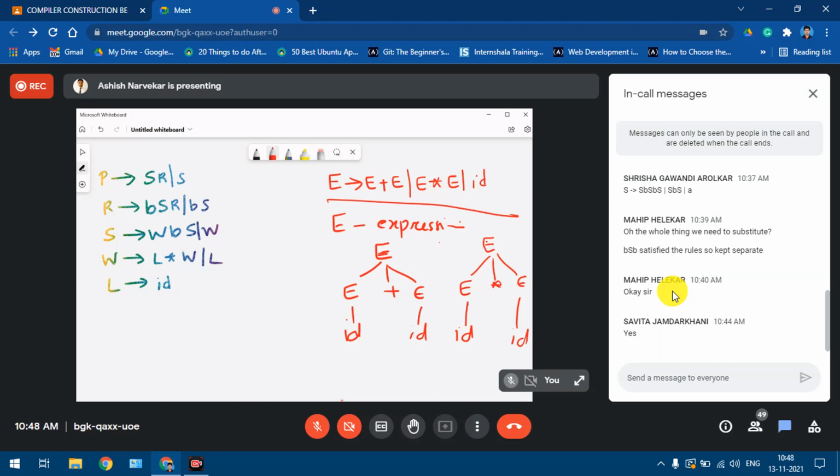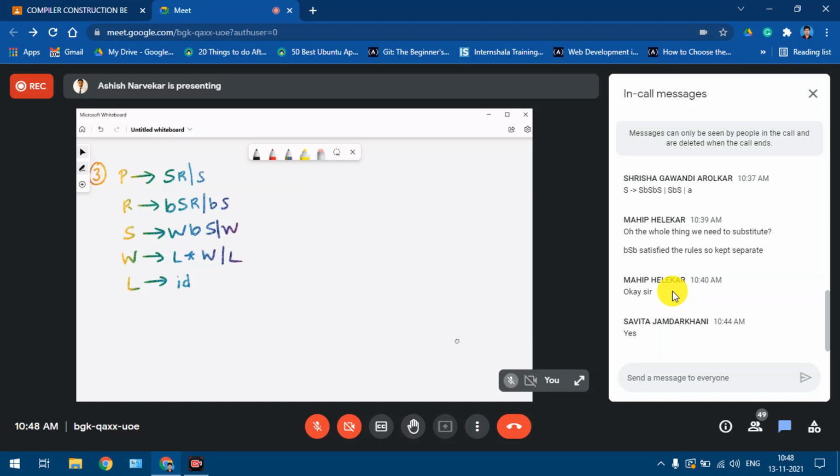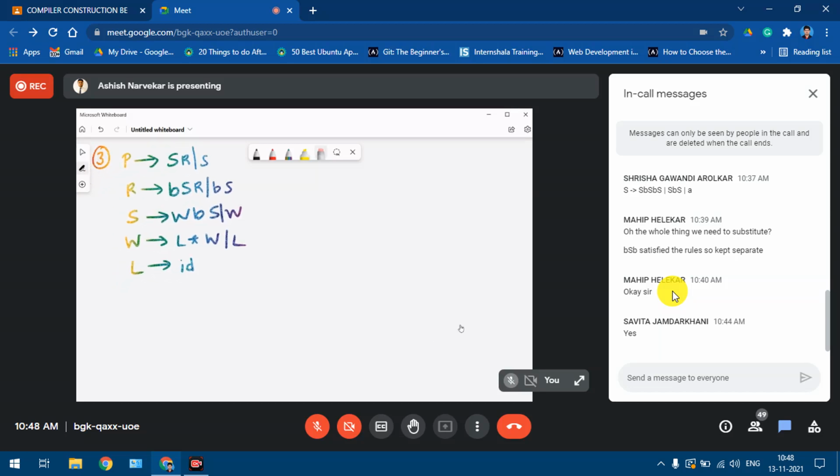meaning of it. Okay, so now similarly, what we can do here in this grammar which we have just taken, the third example, what we need to do here is we need to understand the meaning of this particular grammar. Okay, so now this grammar that is given to us in the form of these productions, what we need to understand here is what exactly this E means. Okay, so